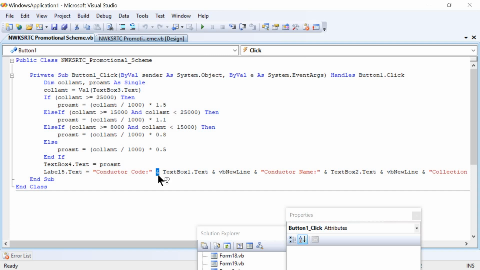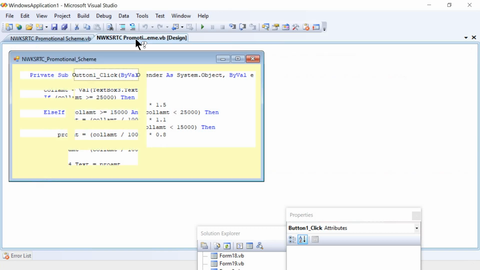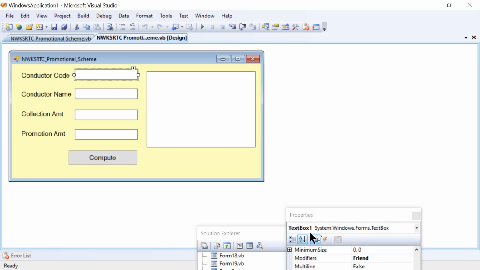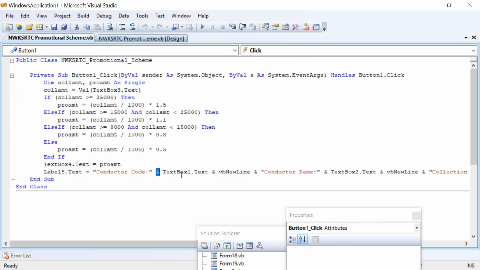Ampersand we call the concatenation operator in VB.NET, which is mainly used to combine, join or concatenate two strings or two string operands. As per the window design, the conductor code is entered via TextBox1, then TextBox1.Text property.